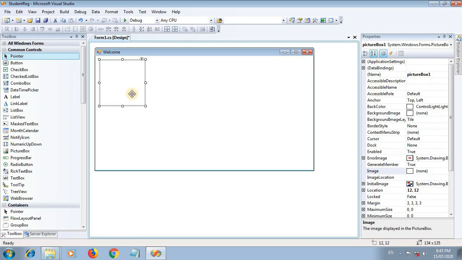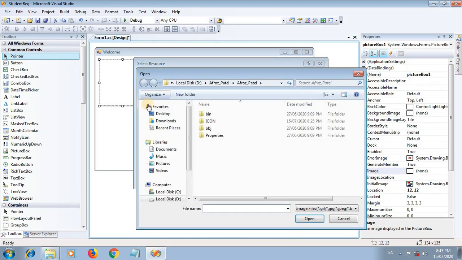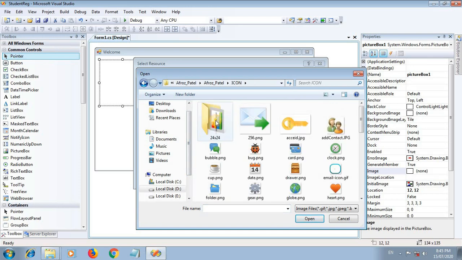How can we add pictures in the picture box control? Click on this tab and choose Image. Select Local Resource, Import, and where your project folder is, the icon.